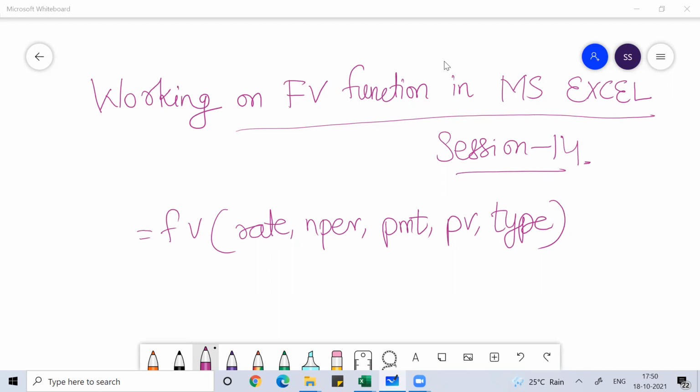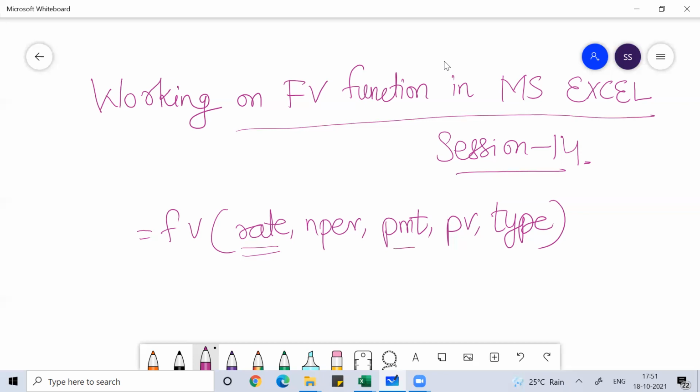So the most relevant and very common formula you can use through MS Excel is the FV function. Here you can use the rate, you understand, right? How much rate of interest that particular instrument is giving you. Some instruments offer risk-free interest, some instruments offer risky interest where the returns are not guaranteed. So probably under that scenario you cannot do this, you need to do individual calculation looking at the values. So we are not going to discuss this in this class. We'll discuss more about it when we do financial modeling. NPER means the time period.